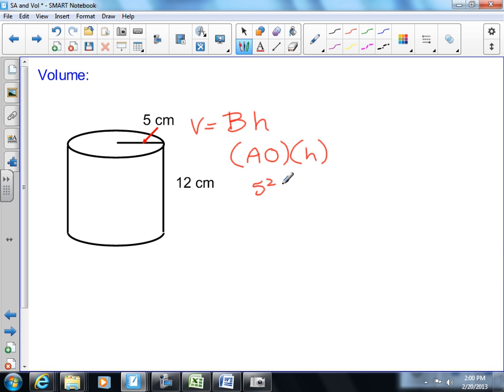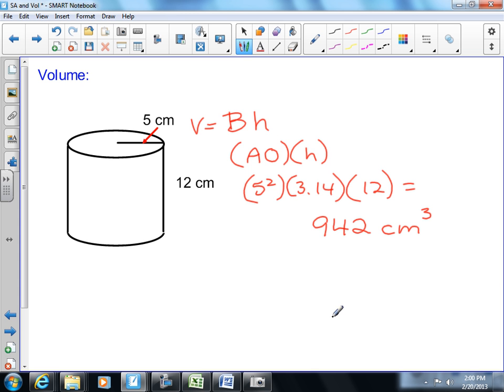You're going to have 5 squared times 3.14 times your height of 12. And you get 78.5 times 12 is 942. And that would be cubic